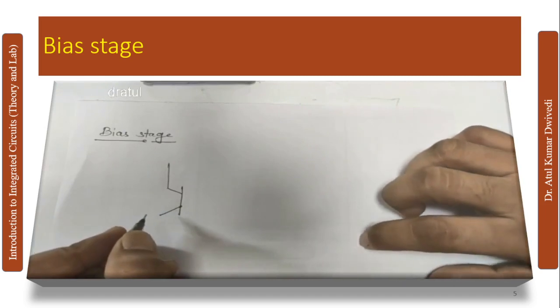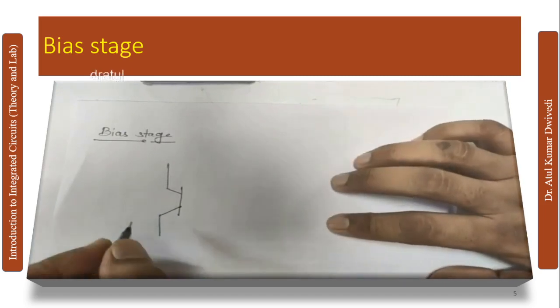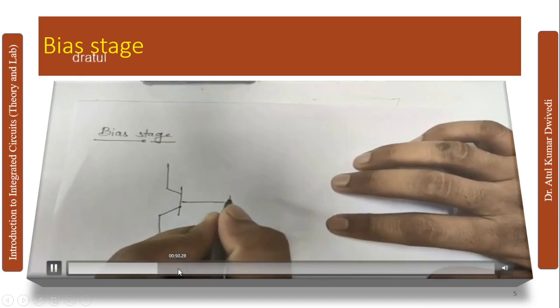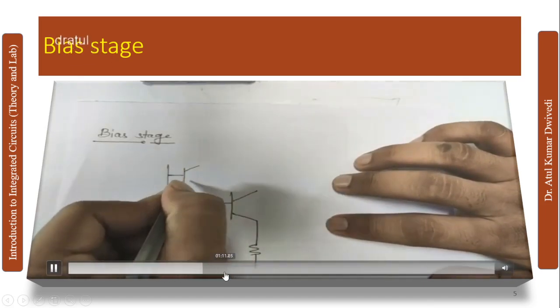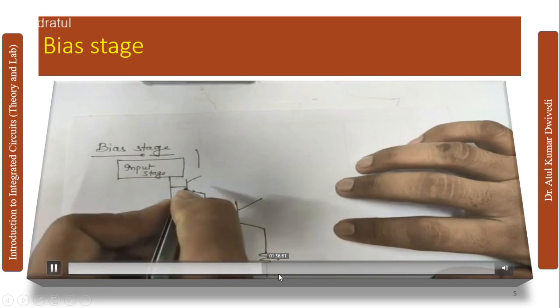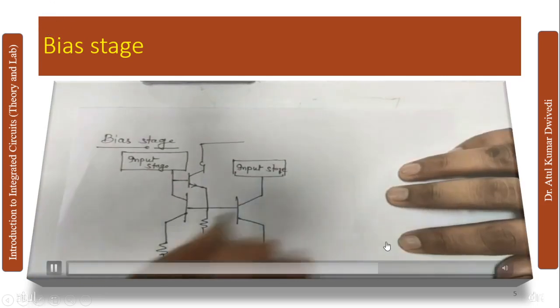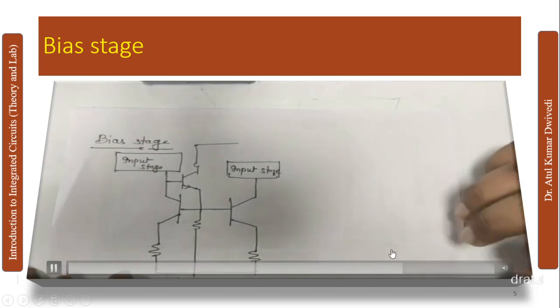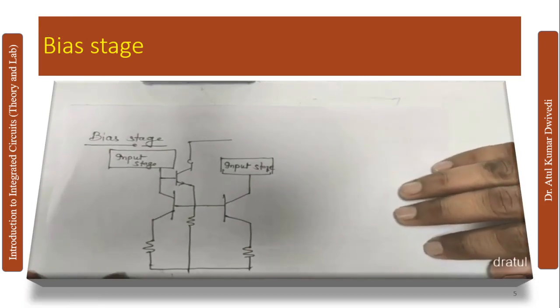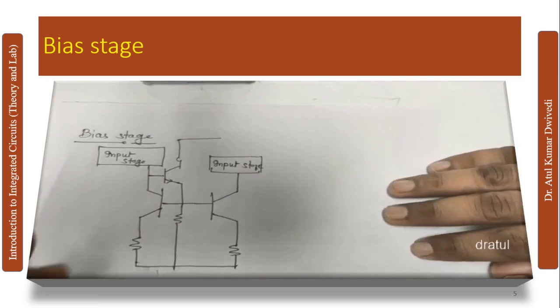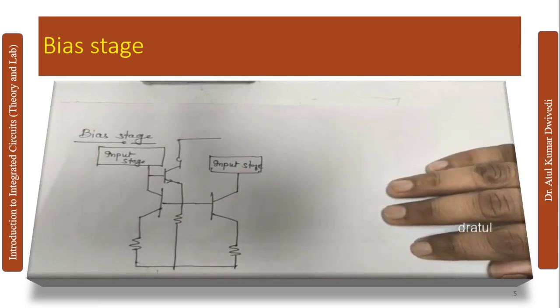Okay, this is the bias circuit, the bias stage of the op-amp, and the bias stage output is given to the gain stage, where the gain of the op-amp is improved. So both of the inputs are connected to this bias stage in this way. And the third stage is the gain stage, and the gain stage is for improving the gain of the amplifier.